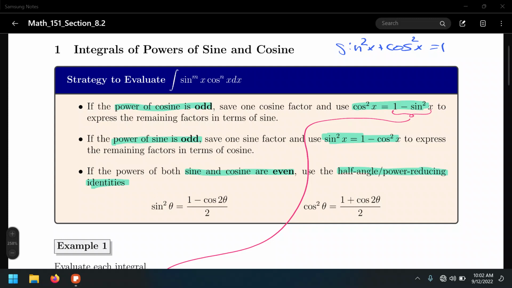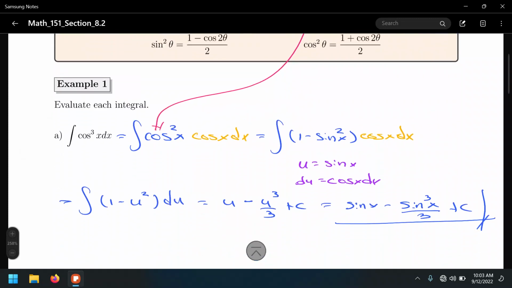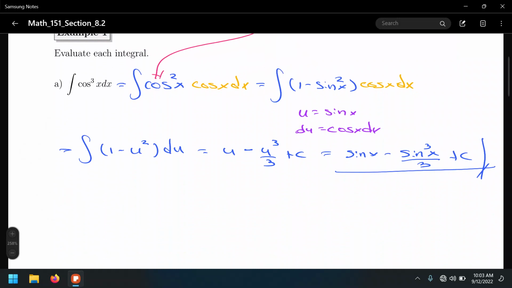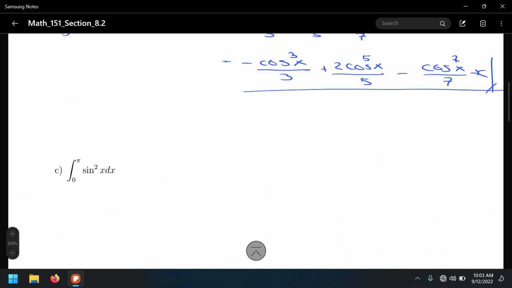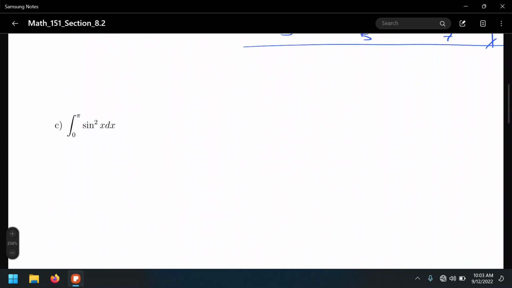So, well, we got a list of strategies here for the cases when we have odd powers of cosine, odd powers of sine. We already did one example of each. So let's have a look at another case. Last time we did a couple of exercises: an odd power of cosine, an odd power of sine. So today we have an even power of sine,